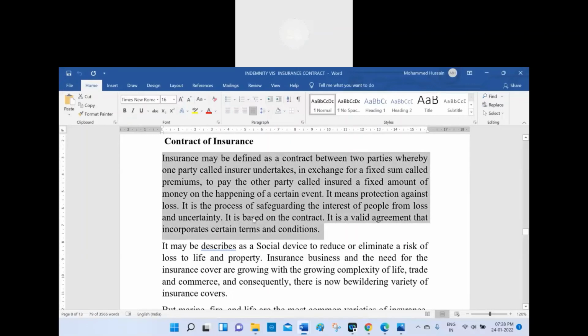Insurance may be defined as the contract between two parties whereby one party called insurer undertakes, in exchange for the fixed sum called premium,